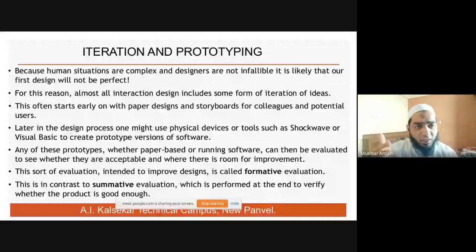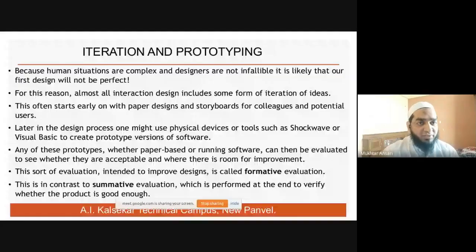Okay, if it is not okay, if it is not according to the requirement, then simply it will say it is not according to the requirement, you have to repeat it. Then you have to make the second iteration. In the second iteration, you will do the required changes. After those changes, again it will be shown to the user. Again, it's a beta version. It will be shown to the user. If it is okay, then it will be passed and it will be implemented and deployed. Okay. And if it is not okay, then again you have to do the required changes. Again, you have to do the iteration. Okay, so